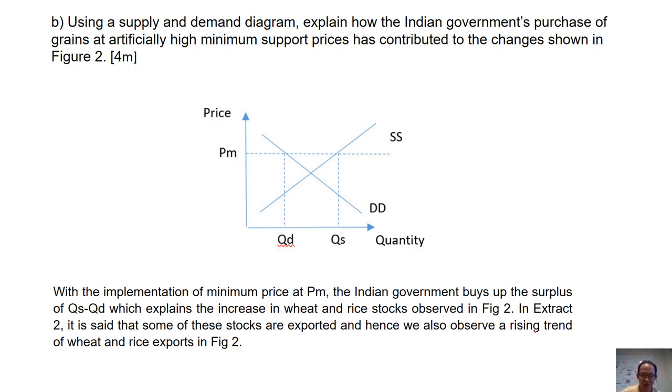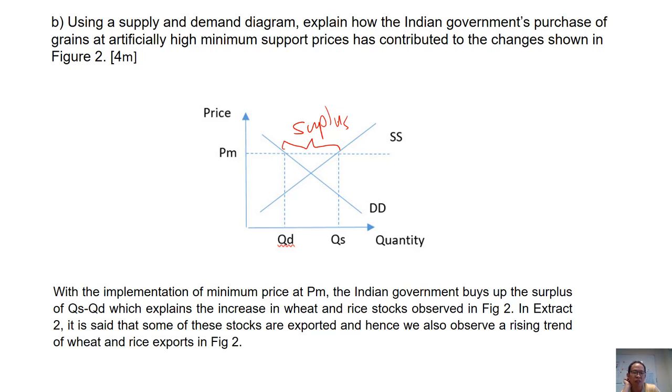Okay, so make sure you draw a diagram that looks like this. The key is this: with the implementation of the minimum price, for this case, the Indian government is committed to buy up the surplus stock of rice. You see, all minimum price creates some form of surplus. So when the government buys up the surplus of QSQD, this will give you